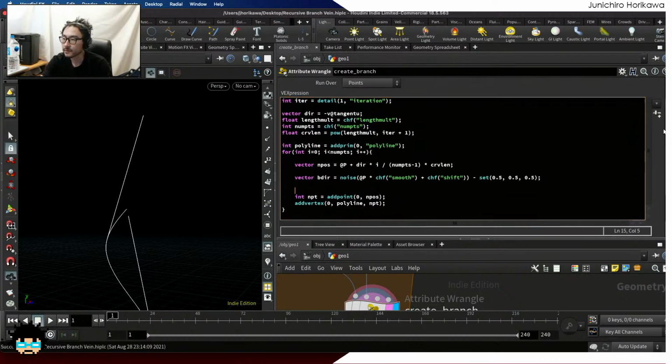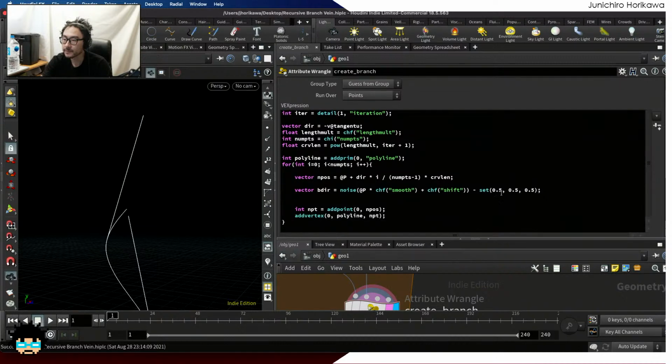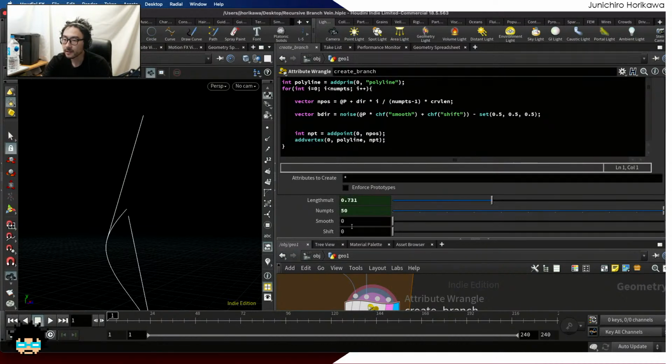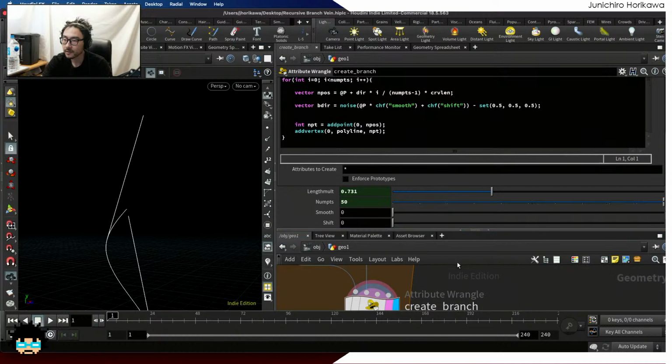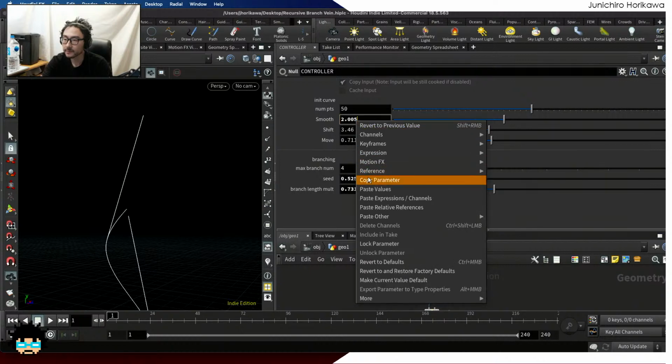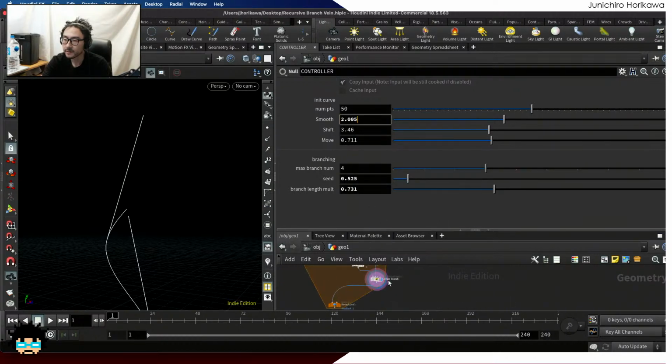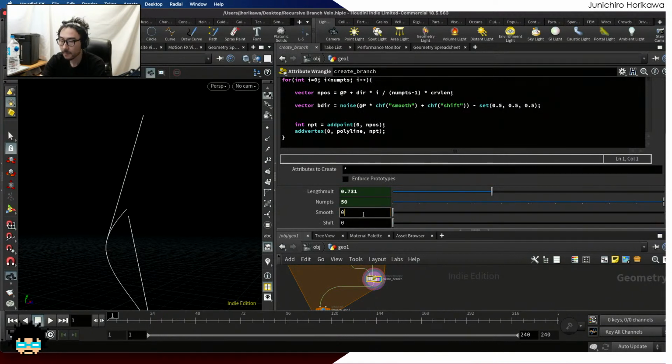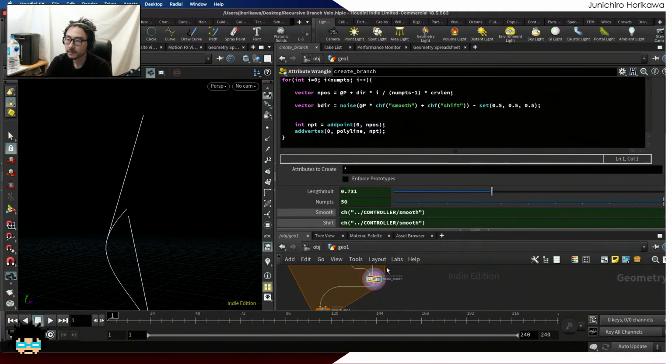Okay, so let's promote the smooth and shift, which I think I can just refer to the same value which I have set right here. So I'm going to copy the smoothness, paste it right here, do the same for the shift, rename this to shift. Okay,